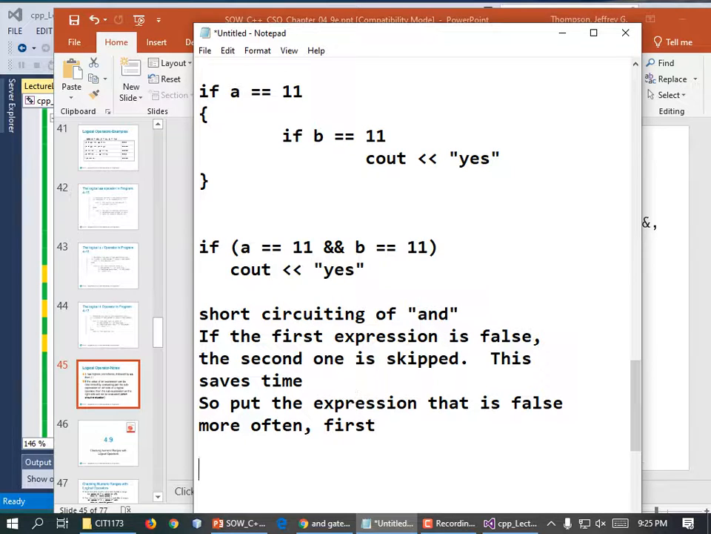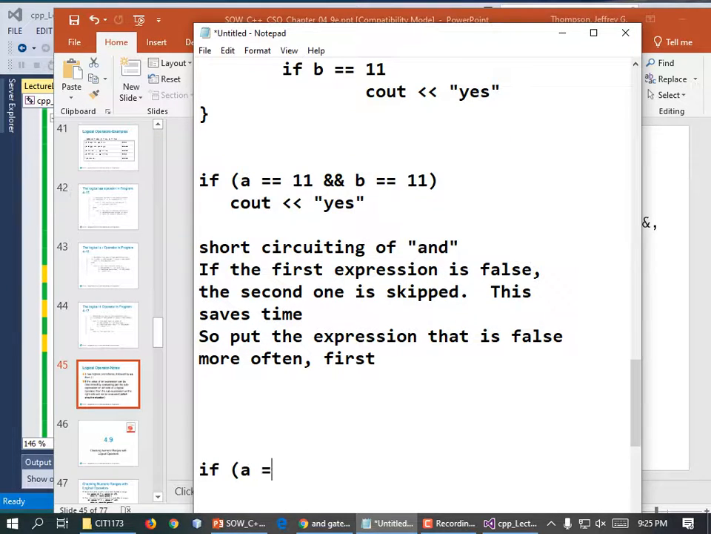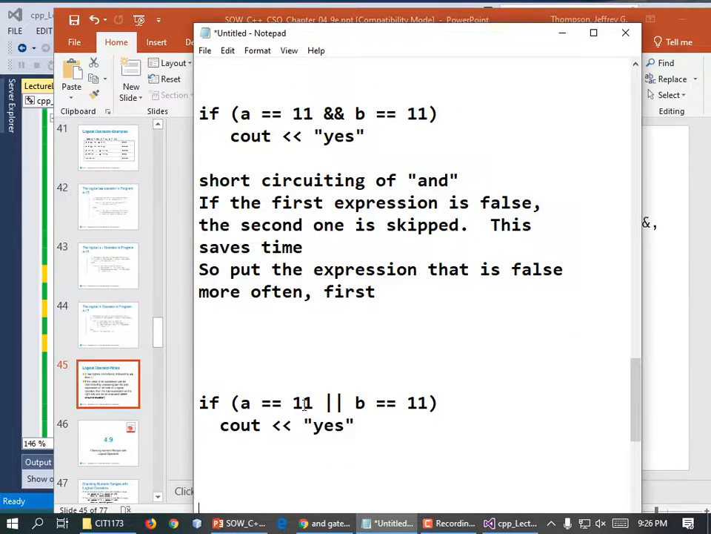How about or? Or works the opposite way. If A equals 11 or B is equal to 11, then cout yes. The way or works, if this part is true, what do you know about the whole expression? If this part is true, is the whole expression true? Yeah. So why even bother doing that? It skips that part, which is good. It speeds it up. Each comparison takes a couple nanoseconds. If you're really trying to write fast code, you take advantage of short circuiting. C++ is a fast language, unlike Java or Python, so it's worth